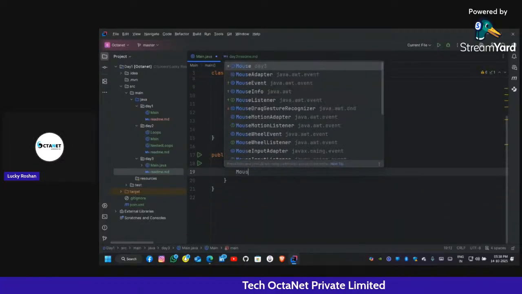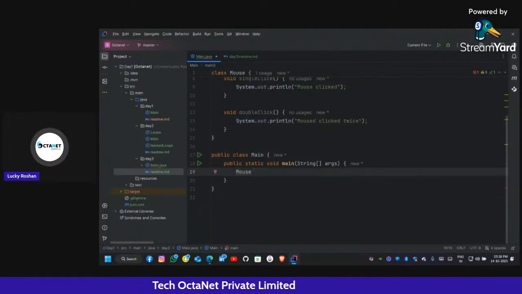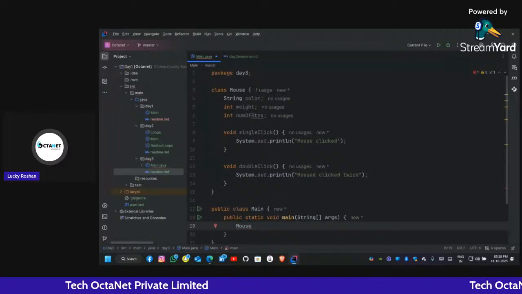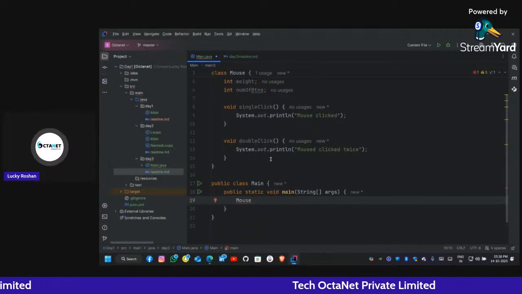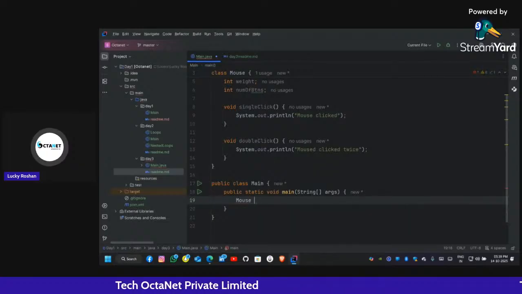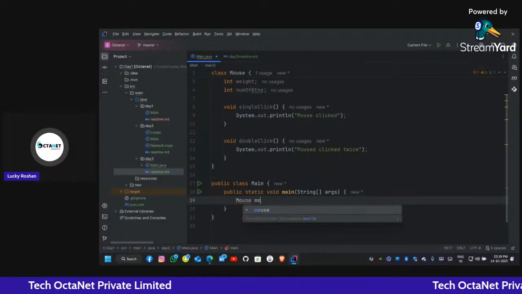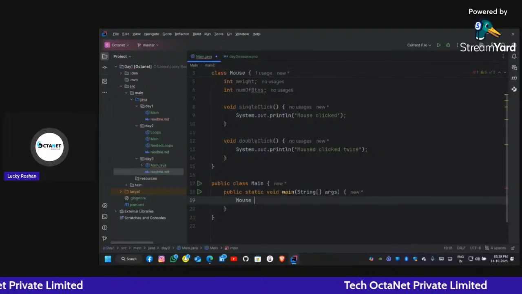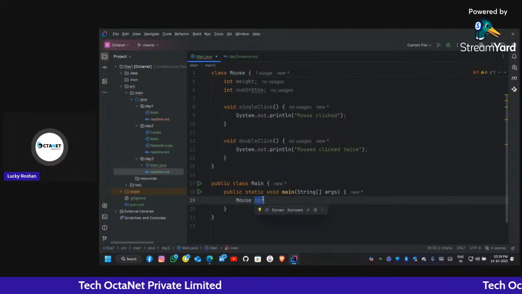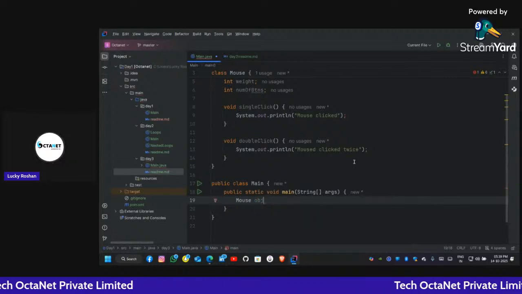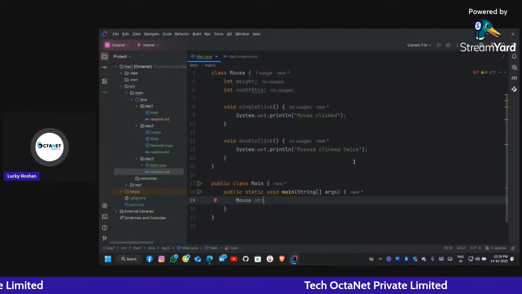Okay. In the earlier class, we wrote that classes are non-primitive data types. Okay. So it should be declared like int x or int y. The Mouse object should be declared as Mouse obj or anything. You can write Mouse xyz or Mouse smallMouse or Mouse obj, anything as you wish. So this is the data type of the identifier, and this is the name of the identifier, that is obj, I am giving. Okay. So then we have to assign the object a value.